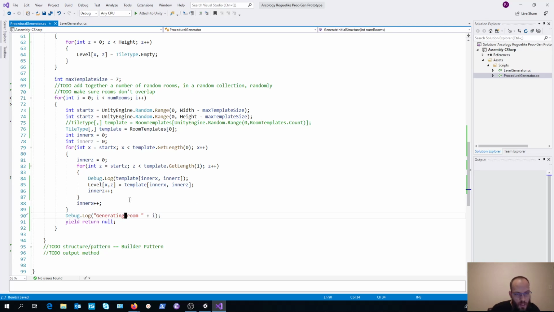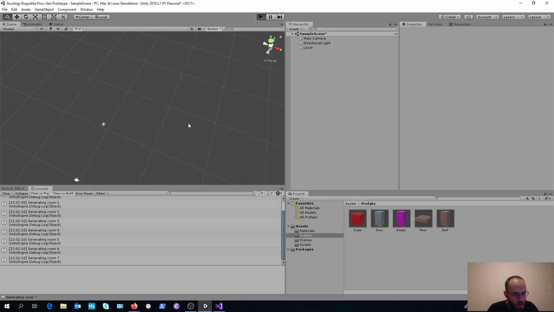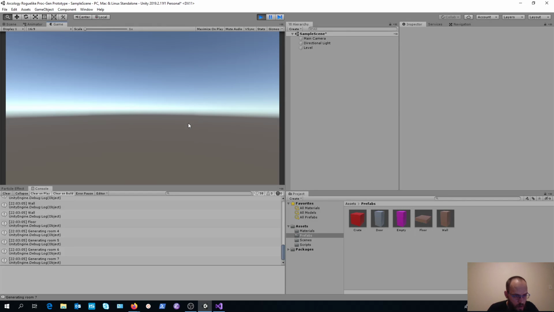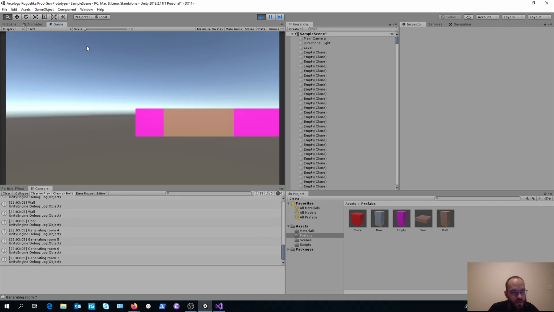Okay, so we should be getting a log of all the different tiles within our room templates in between each room that we are generating. It generates one room, which we should see. Yep.